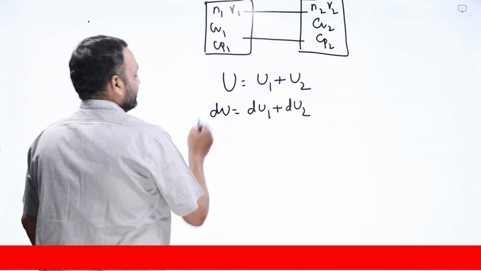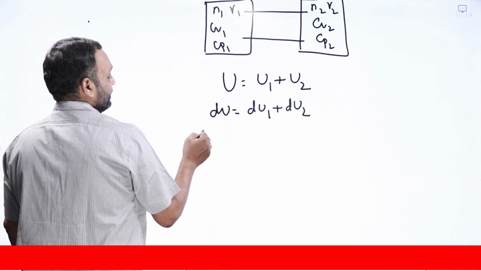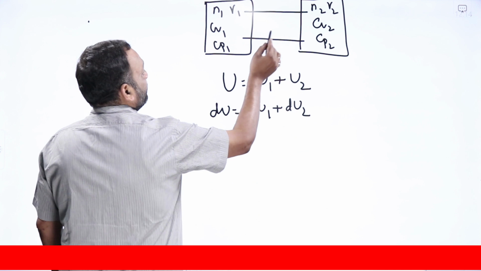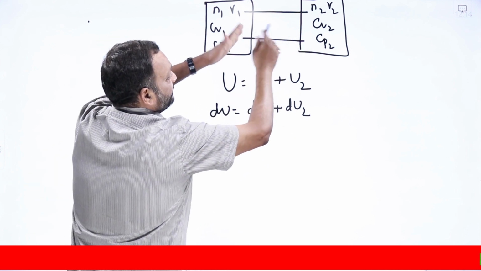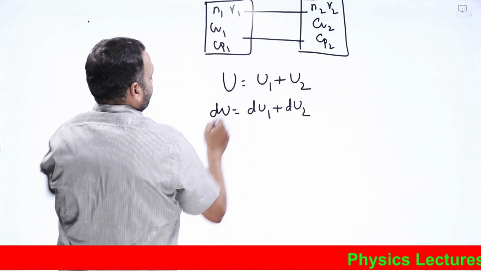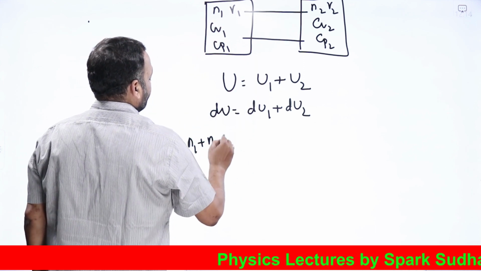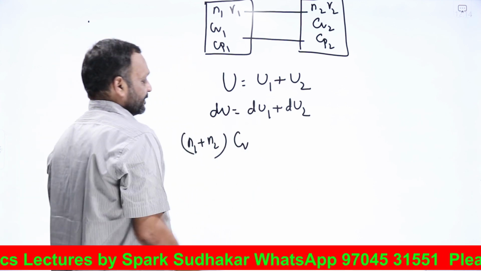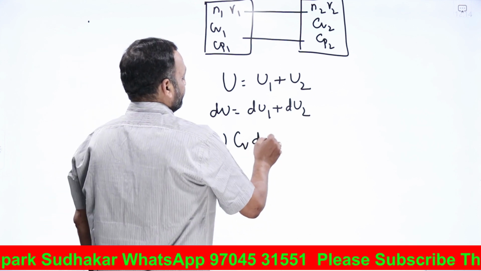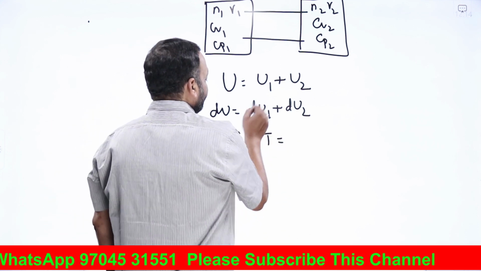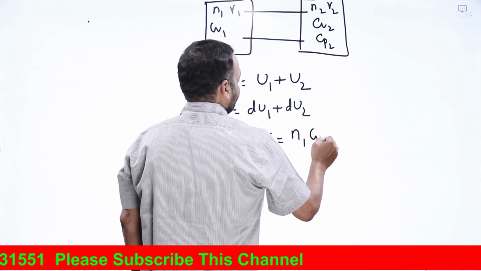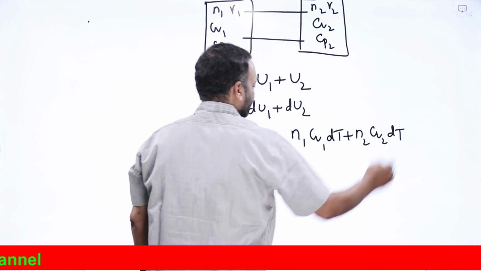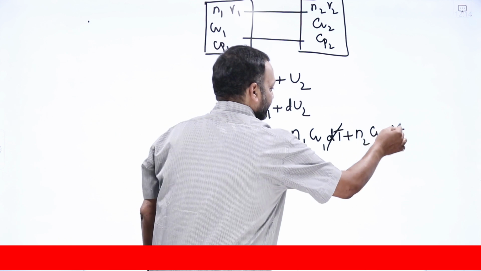Okay, what is the change in internal energy? Wherever dU is there, as we have seen in the last class, we can write it as n CV dT. So what is the resultant number of moles? N1 moles and N2 moles. If you mix them, the resultant mixture will have a total number of moles N1 plus N2. So N1 plus N2 is the resultant number of moles of the mixture. Let the resultant mixture's molar specific heat at constant volume be CV and the change in temperature be dT, which is equal to dU1 plus dU2. Similarly, I'll write N1 CV1 dT plus N2 CV2 dT. Change in temperature remains the same, so dT and dT get cancelled.